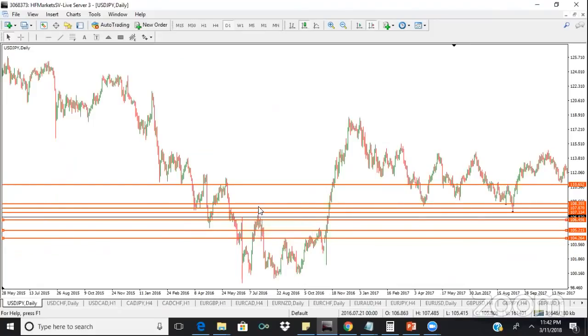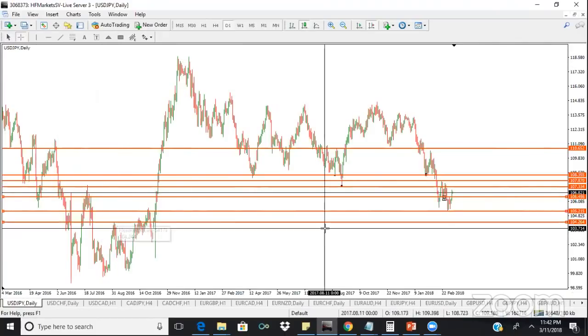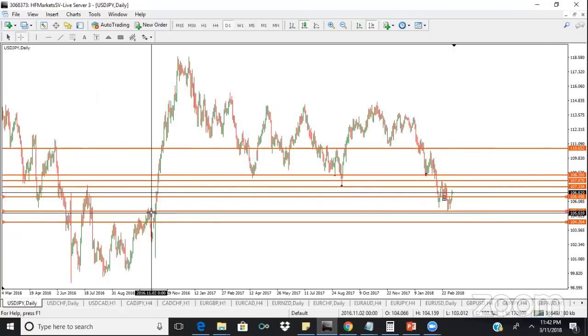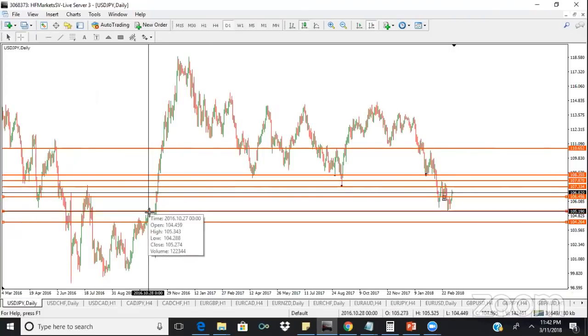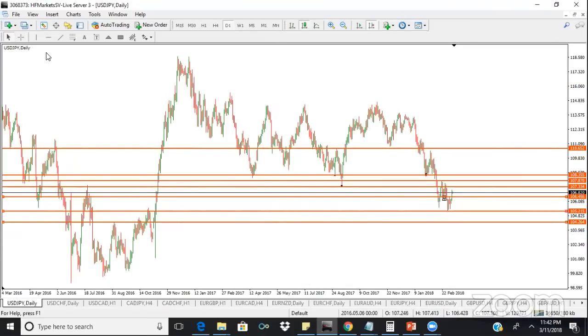Price has touched all of these zones before. All those zones we have drawn, price has touched them before. Price has touched here before, here before, and it has also touched here before. Now, this means that what we are looking at has been in an uptrend before. Now, on this uptrend, watch this. From here to here,